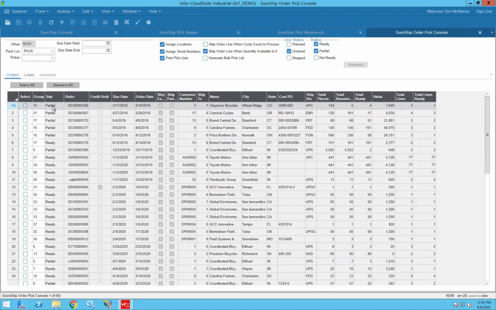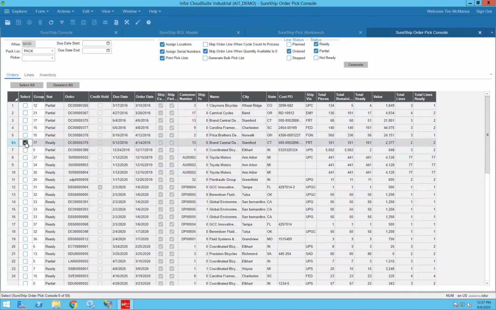This status here is not on the order, it's on this console, but this is something I can ship partially. If I go down here and look at a ready, I've got 101. I could ship everything. It's all 5 by 5 here. I can go ahead and ship that. Now, if I only wanted to look at what's ready, when I filter this, I get to choose: show me only the readies, or ready and partial, or maybe just for kicks, I want to see the not ready ones as well. But you have the ability here, and again, I can group by ship via customer, things like that, and then go ahead and just